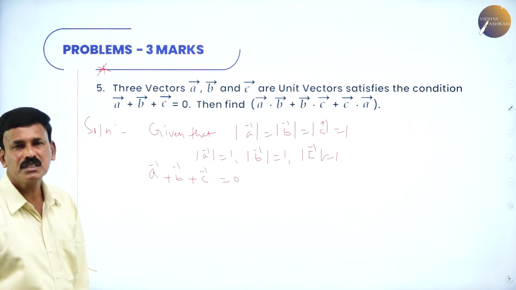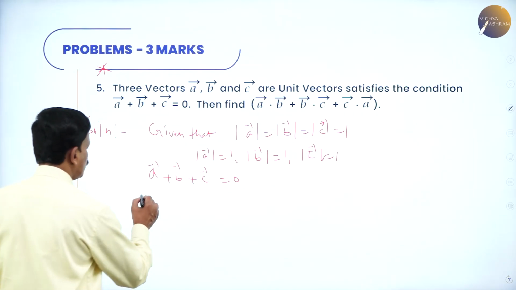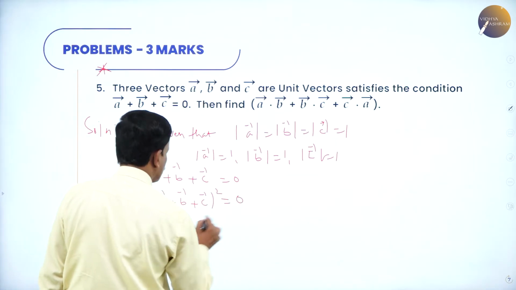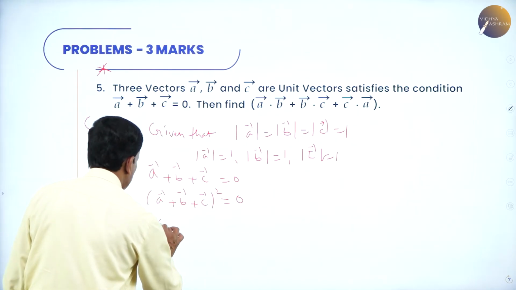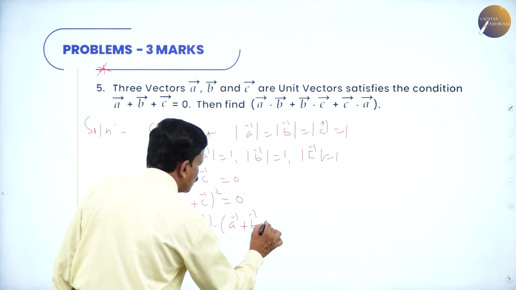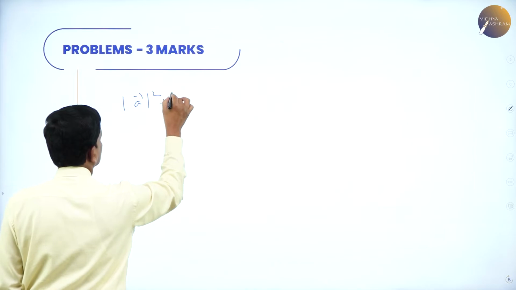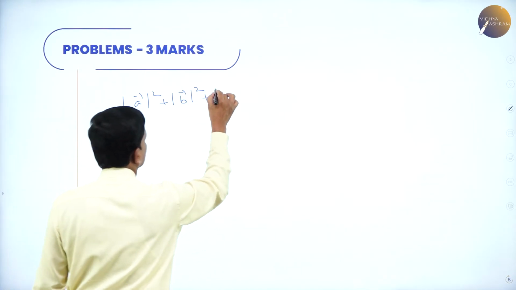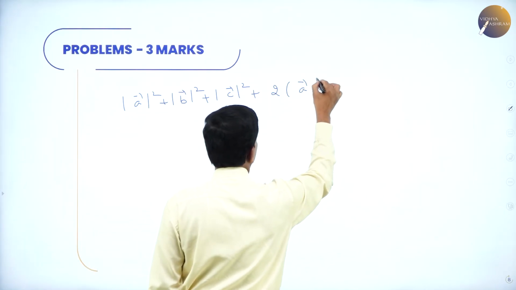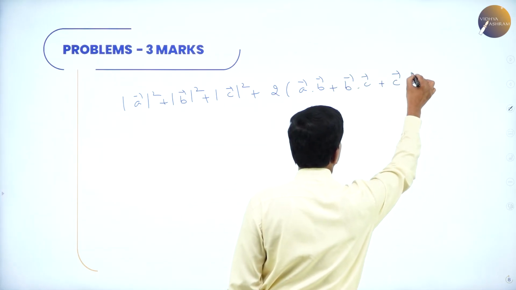Now what is required to find? A dot B plus vector B dot C plus vector C dot A, same as that of the previous problem, squaring on both sides. So this can be written as length of A plus B plus C whole square is equal to 0. This is vector A plus vector B plus vector C dot vector A plus vector B plus vector C is equal to 0. So this is length of A square plus length of vector B square plus length of vector C square plus 2 times vector A dot B plus vector B dot C plus vector C dot A